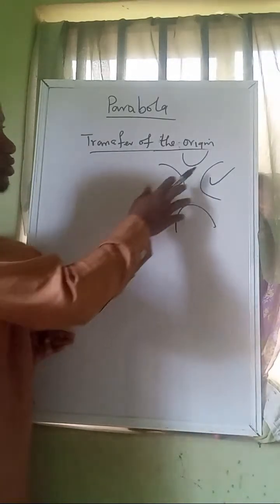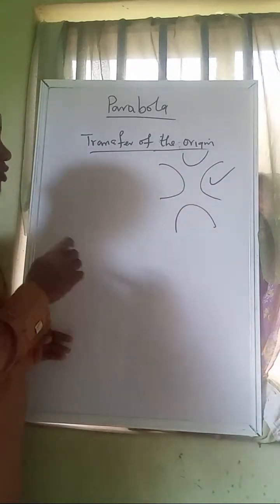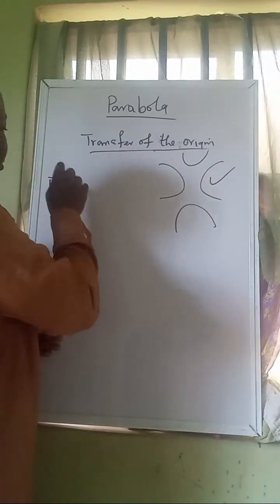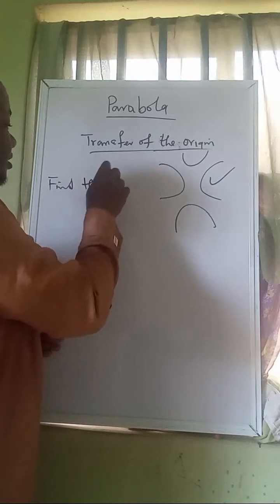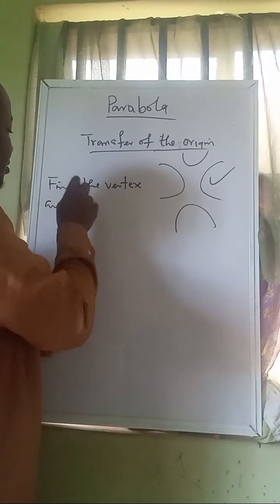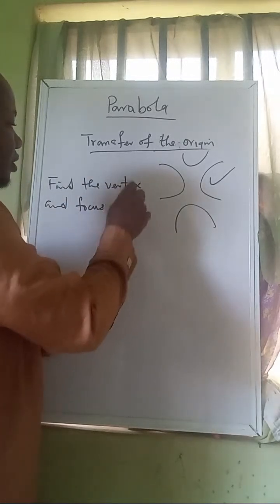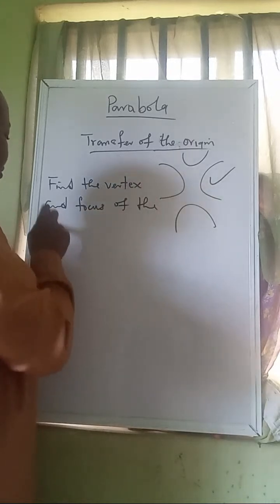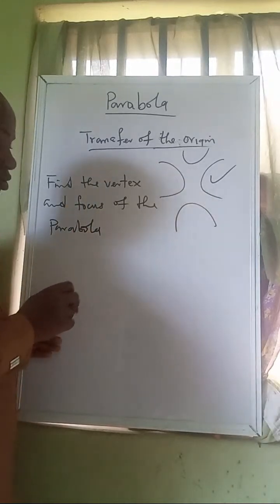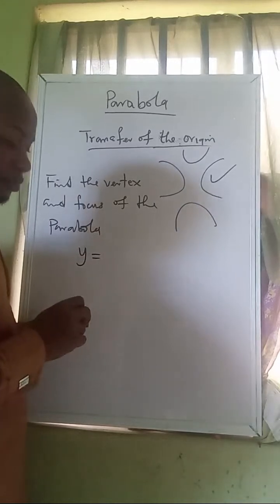Here we want to find the vertex and focus of the parabola y equal to,